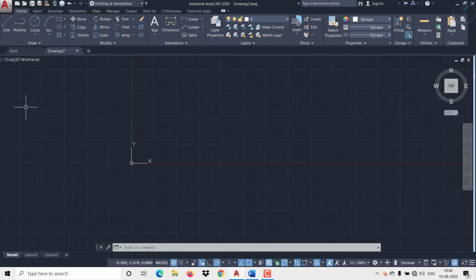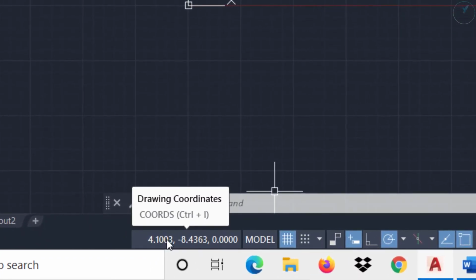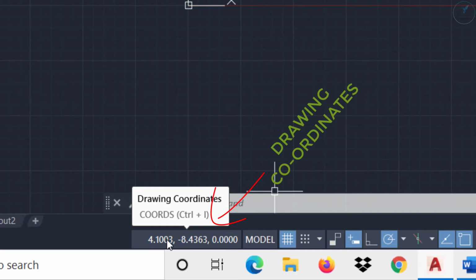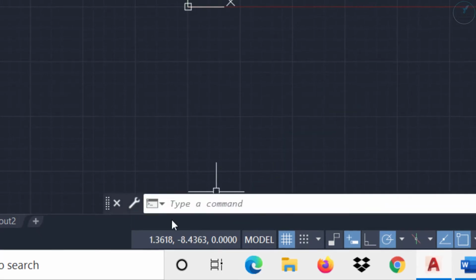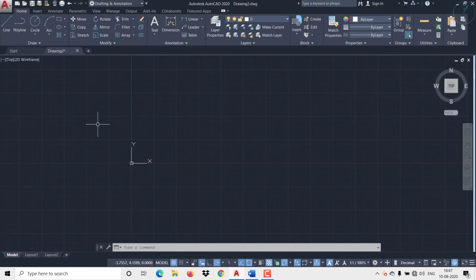Now if you see below, also we have some tools. Before going to other options, we will see this one first. The first thing you are seeing over here is drawing coordinates, that is XY point, coordinate of the cursor point where we are moving. Suppose if you move your cursor, automatically the coordinates will get read.